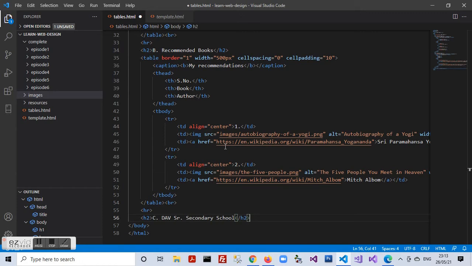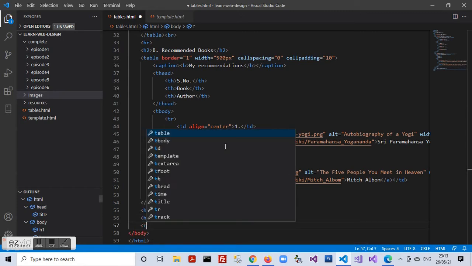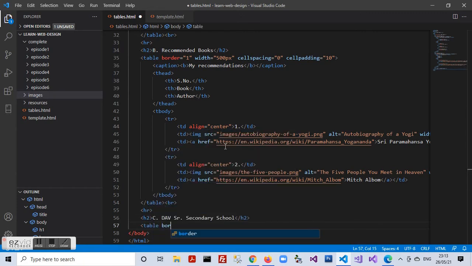So I have to start off with the table. I can straight away say border equal to 1, cell spacing equal to 0, cell padding equal to 10 and width equal to 900 pixels.